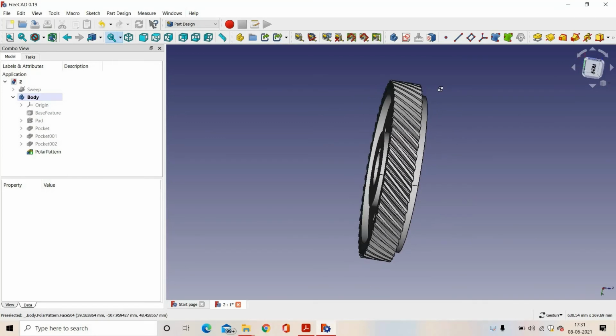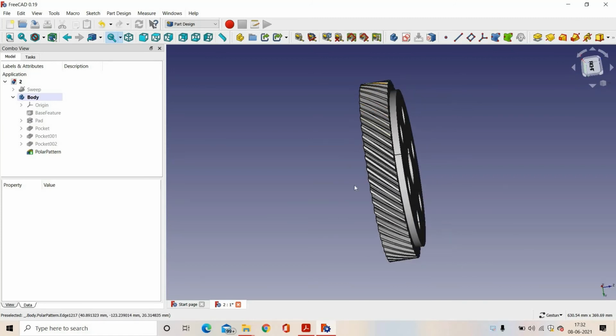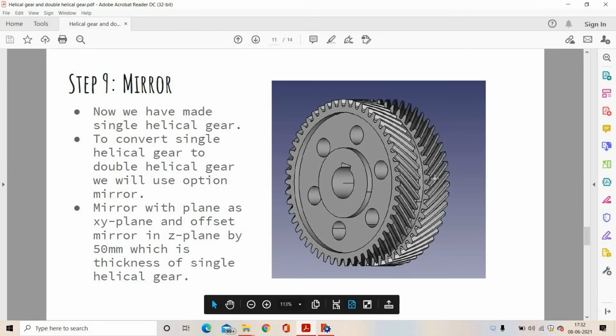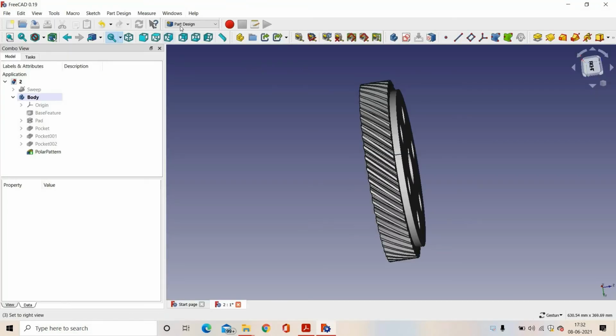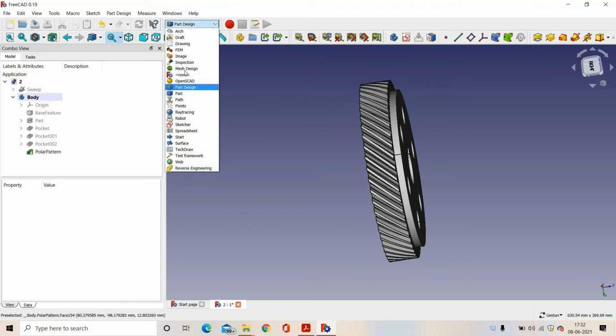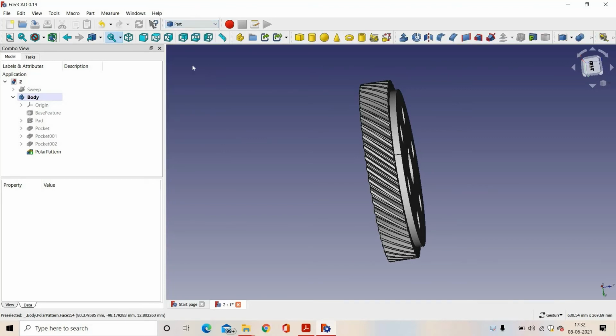Now we have made one part of the gear. To make another part of the gear as shown in this figure, we can use the option mirror. To use the option mirror, we have to go in part. In part, we have to select the option mirror.